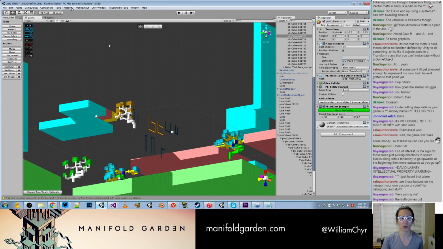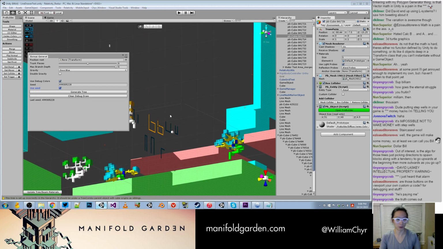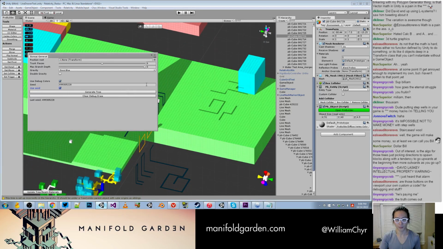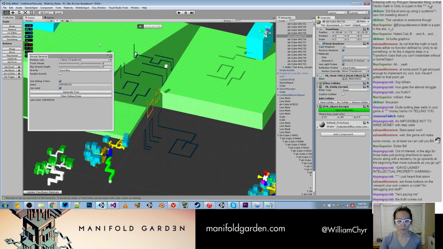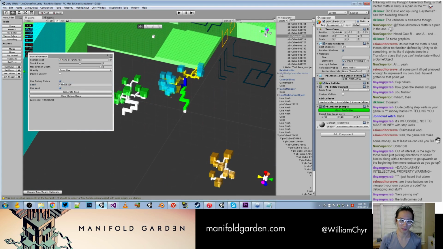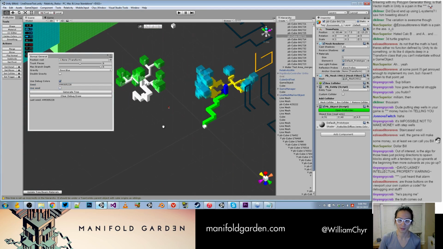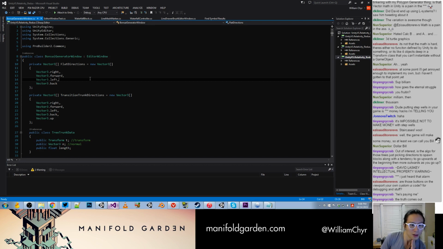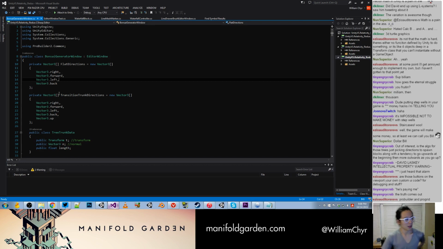We do have a few editor tools. Yes, this is a custom editor tool. I wish David was paying me. Alright, so flat directions,